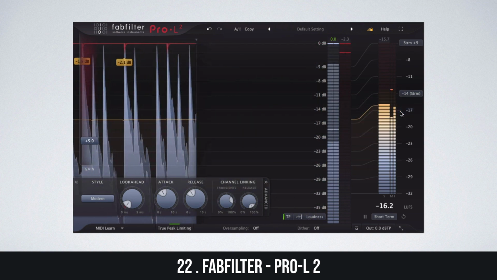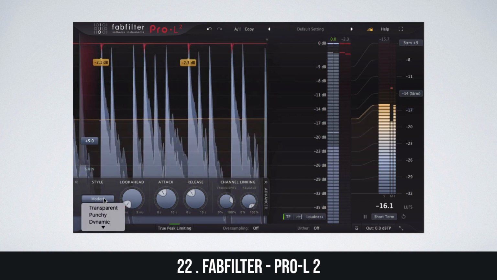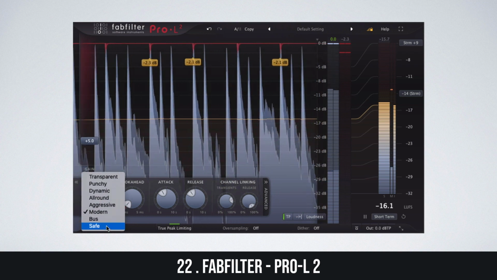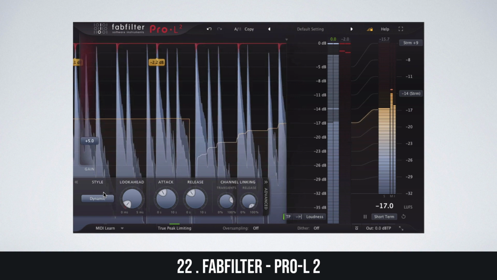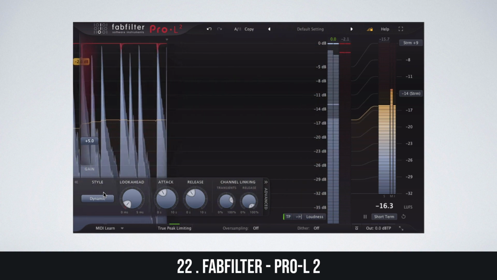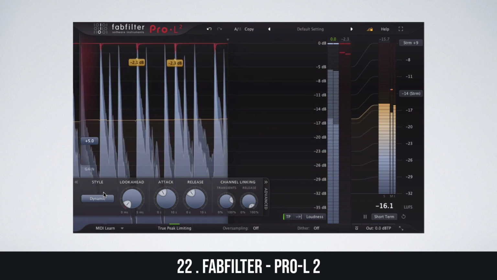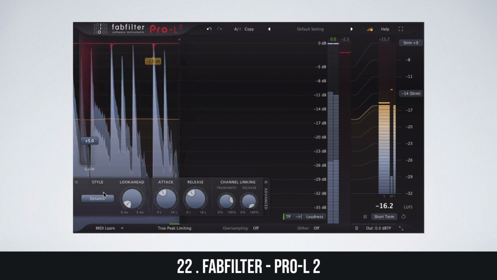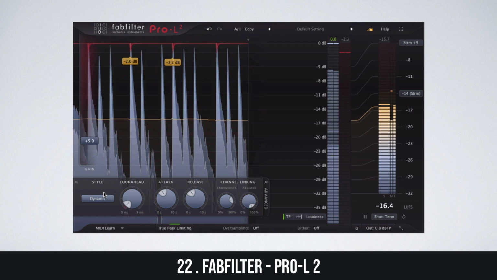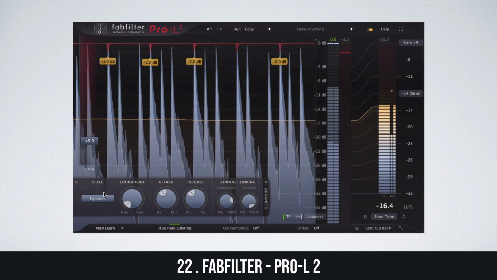The Pro L2 includes 8 different limiter algorithms, phase oversampling, dithering and noise shaping, as well as surround sound support up to Dolby Atmos 7.1.2. Regardless of your project requirements, this limiter provides the tools required to deliver your client the final product. This limiter is a mastering engineer's best friend. You'll find it in tons of top-tier studios around the world, as well as bedroom studios.